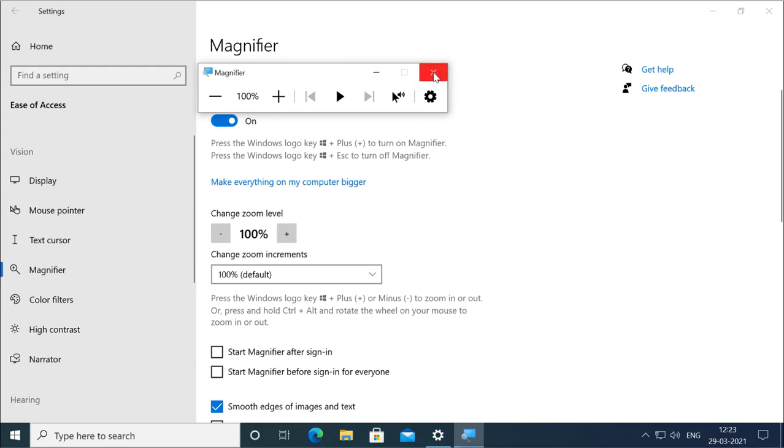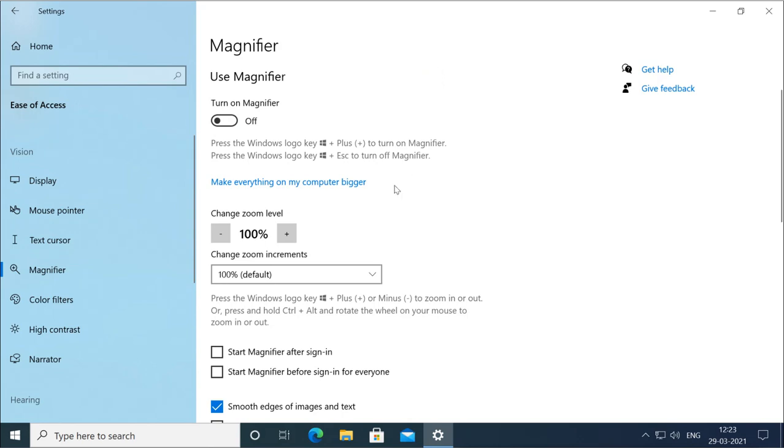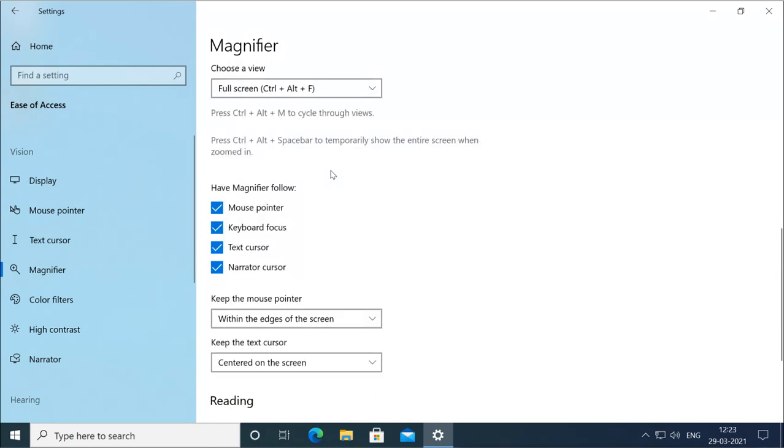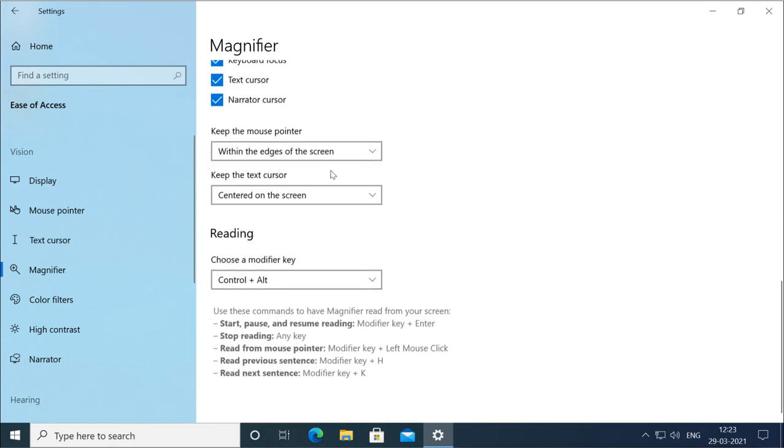And I am closing. So these are the other settings of this magnifier. This is also for those who have a problem of seeing clearly, so they can enlarge any area of this Windows or desktop.